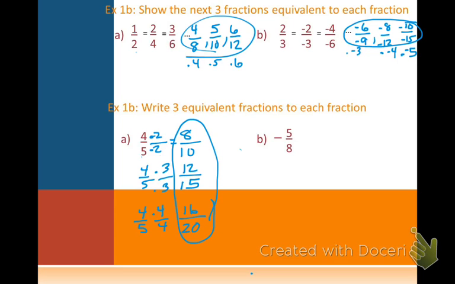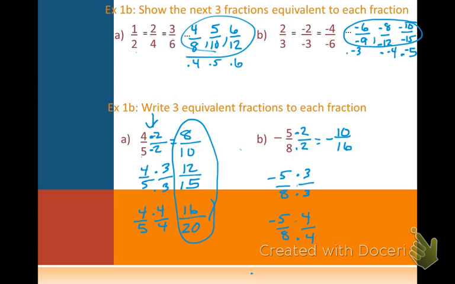B, same idea. We're going to have negative answers this time. Again, I want you to use the same numbers right here. 2 over 2. 5/8 times 3 over 3. And 4 over 4. So it's going to be negative